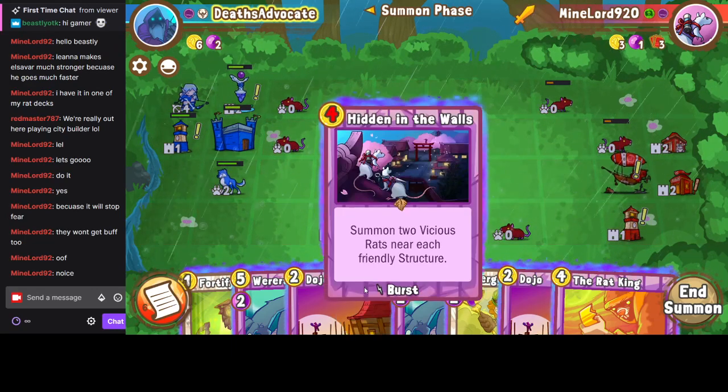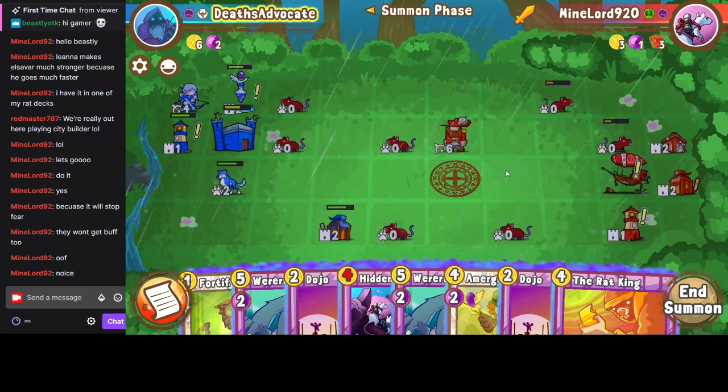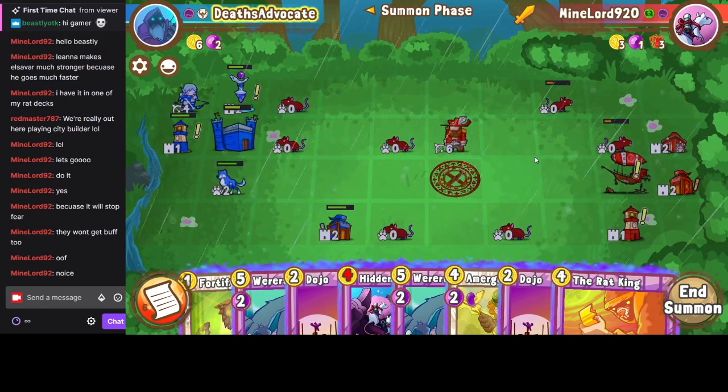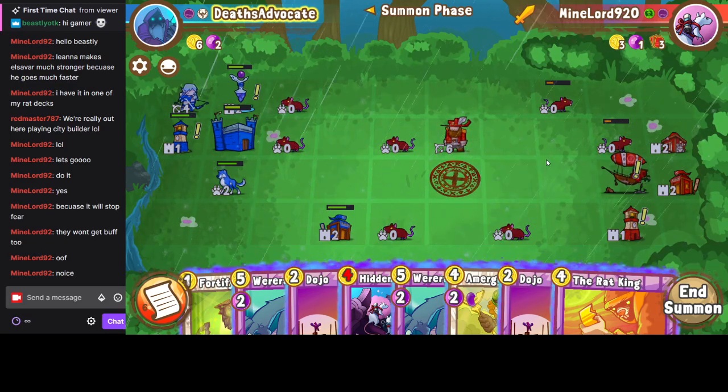But I like to hold off on hidden for as long as possible, because you can get a lot of buildings down if you wait. Given if you wait too long, you can start losing buildings, so you do need to find a good balance there. So I do need to choose between...